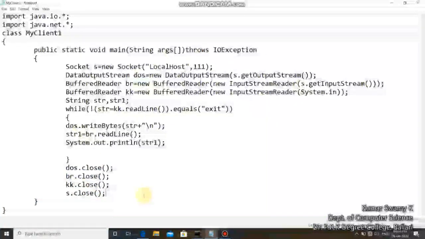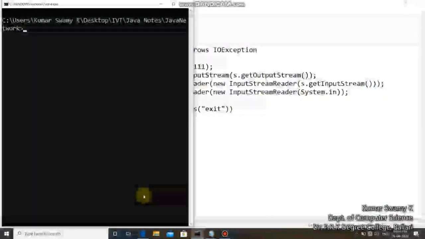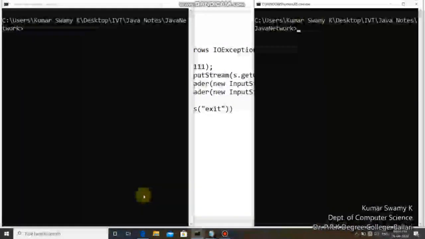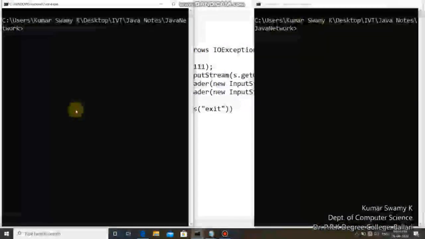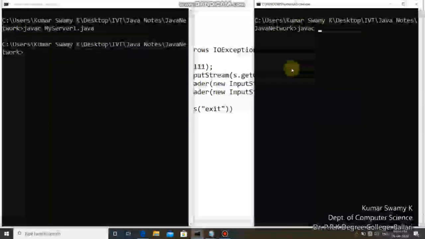For this also I have used two command prompts. One represents the server machine, the other represents the client machine. First let us compile the server machine program, my server 1 in this case. Soon after that let me compile the client program, my client 1 in this case.